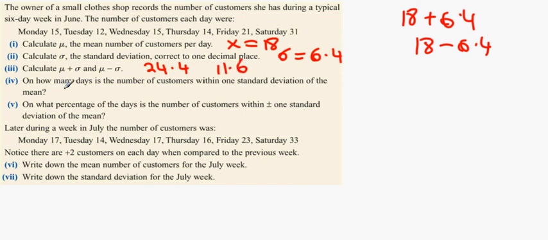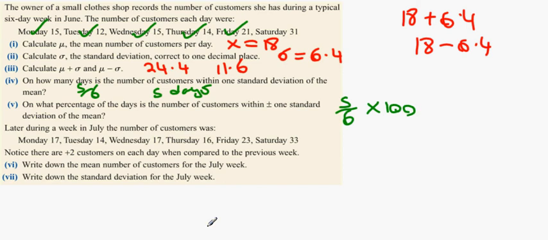How many days are within one standard deviation of the mean? So how many days were between 11.6 and 24.4? Monday, Tuesday, Wednesday, Thursday, Friday, basically every day but Saturday. So 5 out of the 6 days, or 5 days. On what percentage of the days was the number of customers within one standard deviation of the mean? It's 5/6 multiplied by 100,